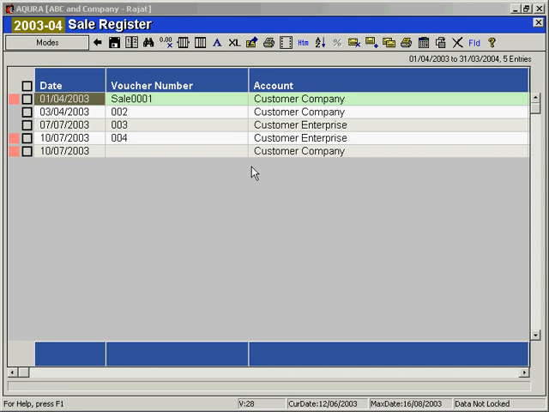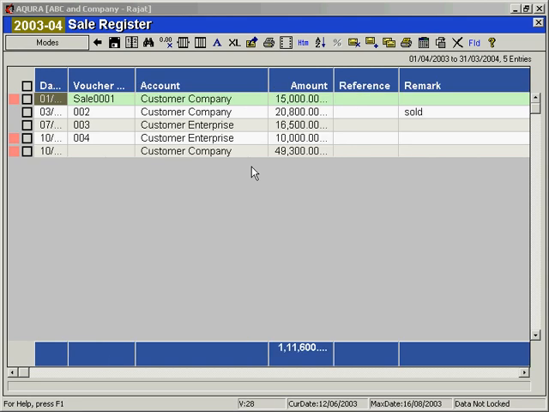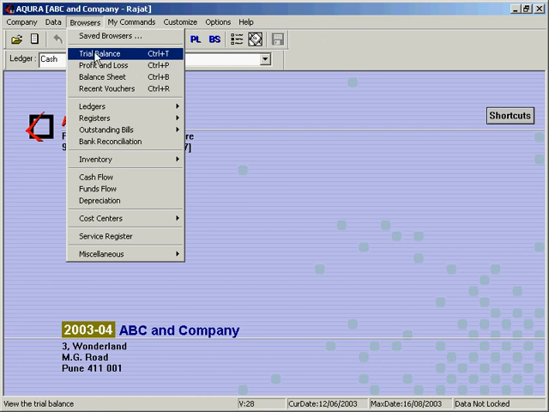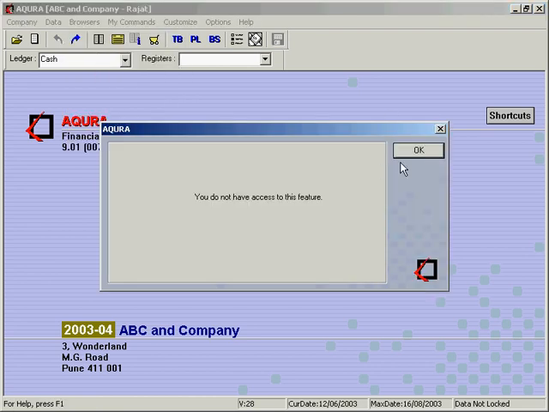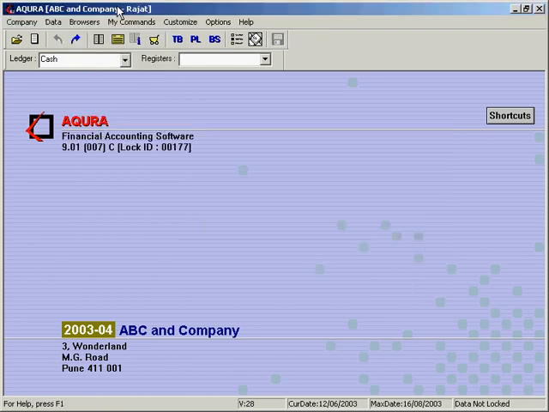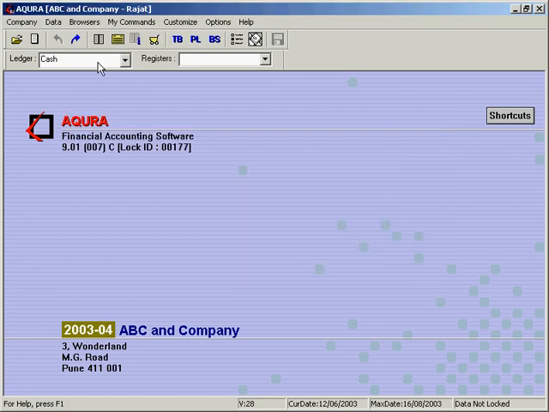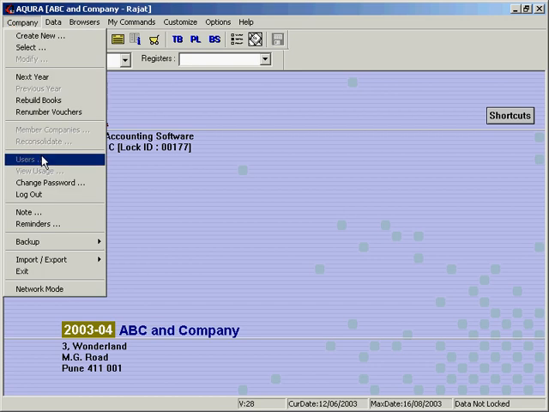Alt R, Alt W for year. Yes, this is a sales register he can go through. If he tries to go through the profit and loss, he does not have access to this feature. If he tries to go to the balance sheet, he cannot view the balance sheet. So you have seen how we can manage the users. Now you can explore the additional permissions and practice making new users and setting permissions and try out. Alright,